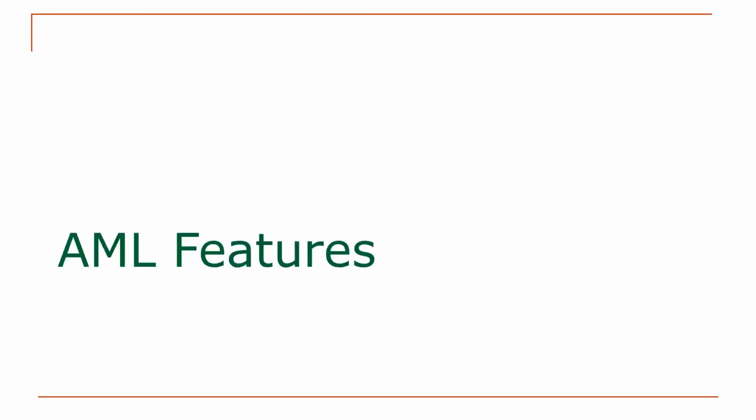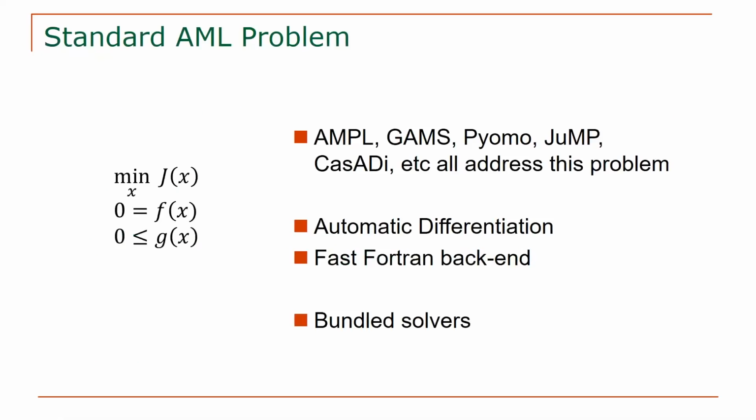So as an AML, it does the standard things. It solves the problem here on the left, minimizing an objective with equality and inequality constraints. AMPL, GAMS, Pyomo, JuMP, CasADi, and other modeling languages all address the same problem because this is what the solvers, the nonlinear optimizers on the back end, solve. So this is the core for everybody. That's nothing new. GEKKO uses automatic differentiation to provide exact first and second derivatives. And even though it's in Python, it drops into Fortran on the back end for faster function calls and integration